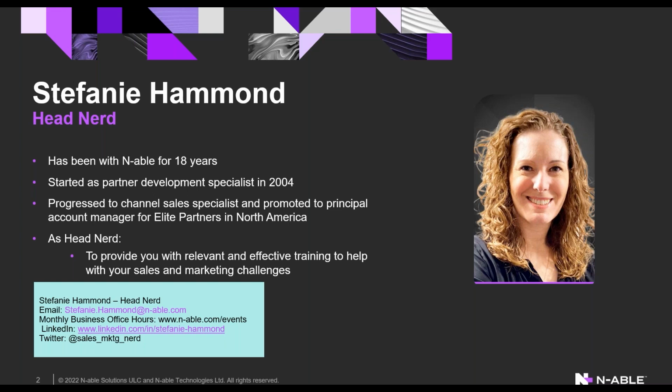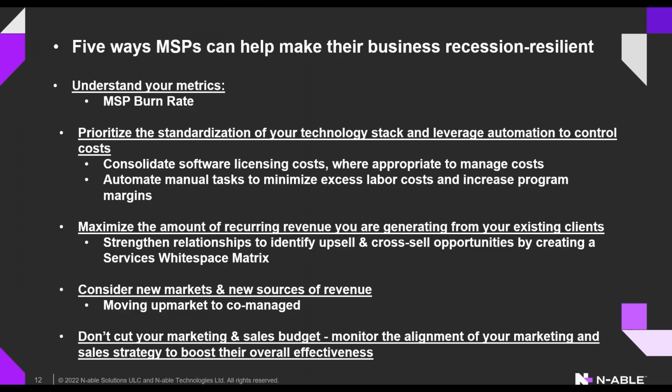So there's really, and I think I actually have 5 ways if I count my bullet points, 5 ways where you can help make your business recession resilient. And I think the first one is really understanding your metrics. Here you're looking at what sort of key performance indicators, those KPIs, you're tracking, so that you can monitor your performance and then measure how your MSP is progressing year over year. Because it's only by setting a baseline and measuring your improvements against that baseline that you're going to be able to get the empirical evidence that's needed to honestly assess how your business is really doing and where improvements will need to be made.